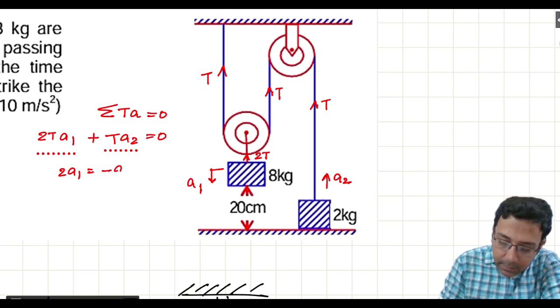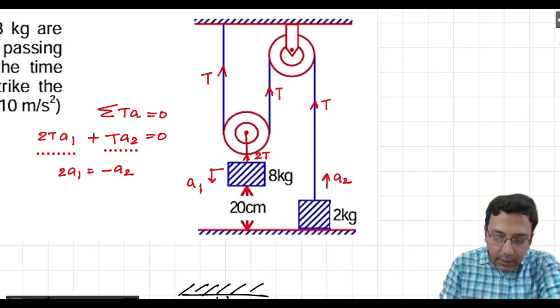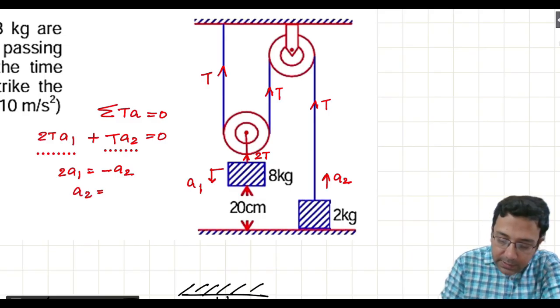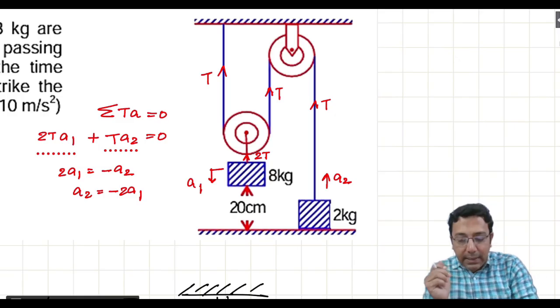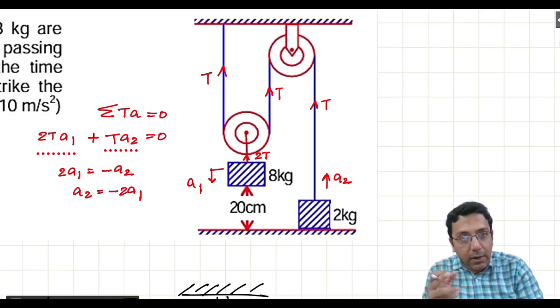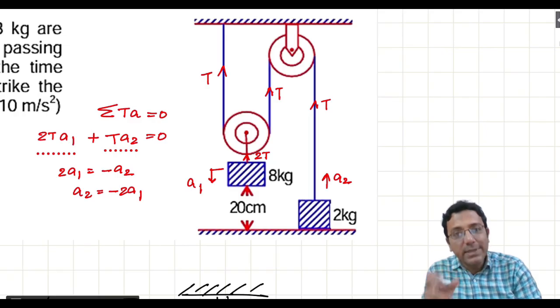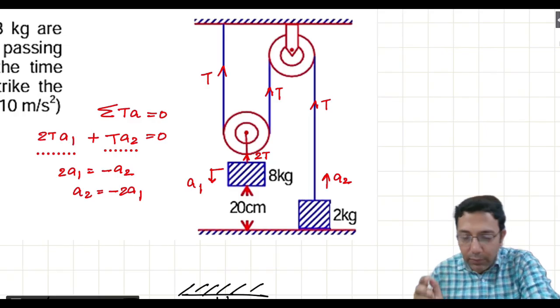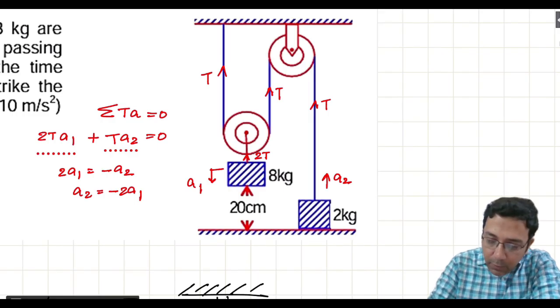2a1 is minus a2. So a2 is minus 2a1. It only says that both the accelerations are of different signs. So a1 is down, a2 is up. That is why minus. For the time being, if I just remove the a1, a2, I can simply write that in both the cases,